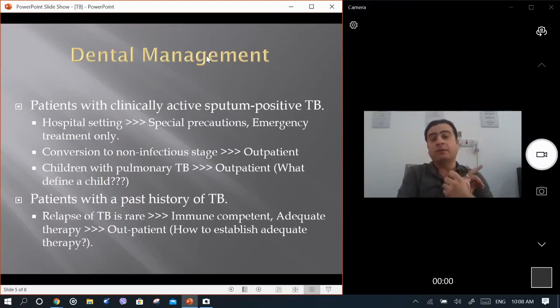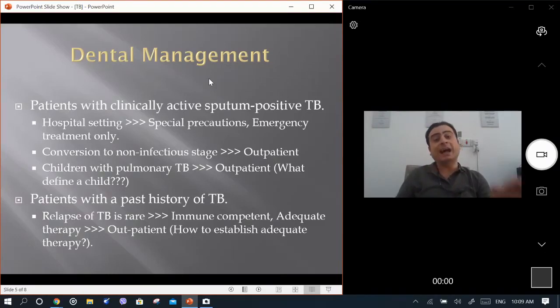Patients with tuberculosis can be categorized into different categories. Patients could fall within this category, which is clinically active sputum-positive TB. Patients could have a past history of tuberculosis. Other patients might have what we call a positive tuberculin skin test, and other patients might have signs and symptoms suggestive of an active disease. Within the first category, the patients with clinically active sputum-positive TB, I mean patients who are infectious and already diagnosed with tuberculosis,